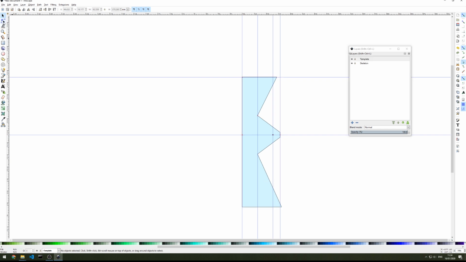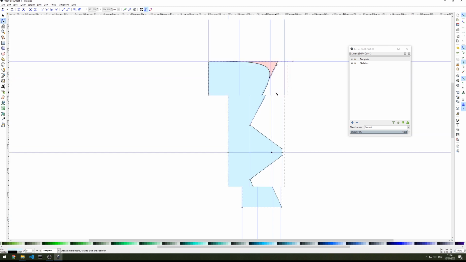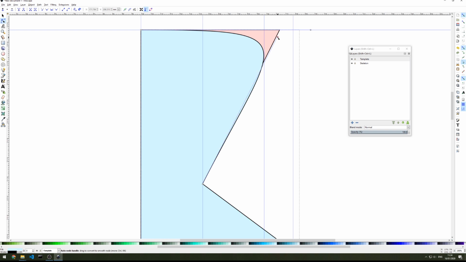And the way I do that is I use this tool, and I select this node, and I delete it. And once I've deleted it, then I have this handle that allows me to control the way that the curve is from this side, and I have this handle that helps me control the way that the curve is from this side. Now make sure that you're not creating a point here unless that's what you want. But what I do is just align this handle to this spot and this handle to this spot,